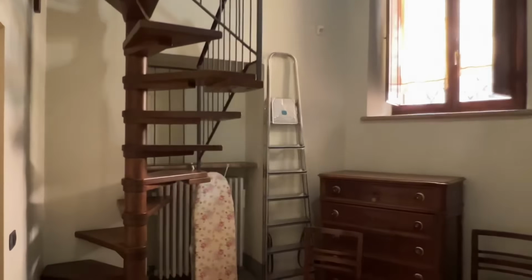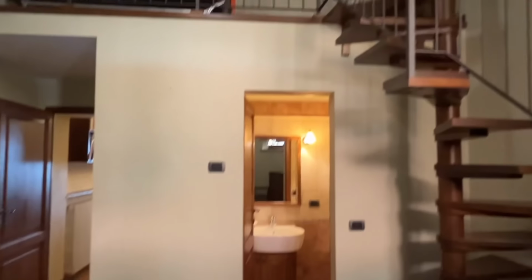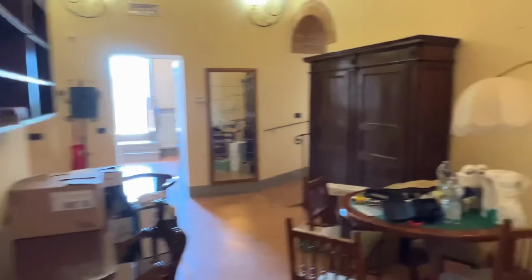But what's neat about both the auxiliary bedrooms, the minor bedrooms, is that both have a loft. So if you have a group of 3 families that want to rent this and they have little kids, the kids can sleep on top, mom and dad down below. There's a full self-contained bathroom for each group. And then on this level, there's one more